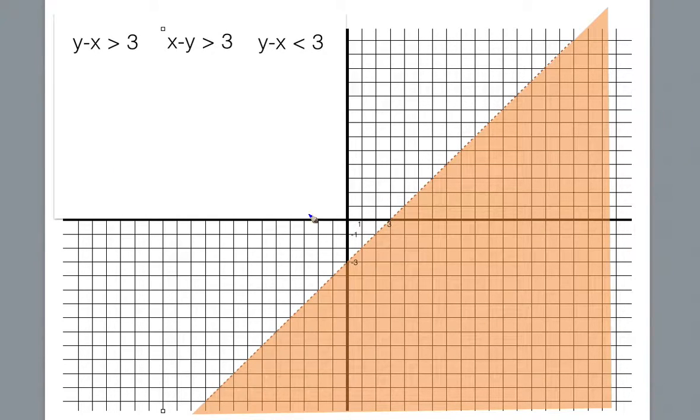Okay, welcome to another problem from 5.7 worksheet practice A. In this particular problem, we want to look at these three inequalities, and we want to match which one of these inequalities matches this particular line. And you'll notice that the line is a dotted line, so that means it is greater